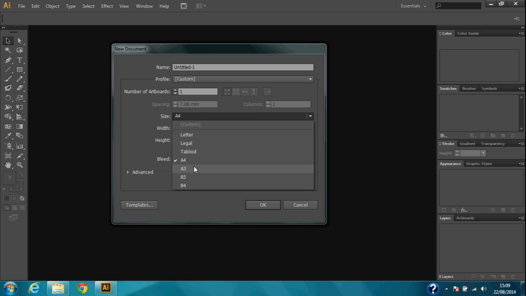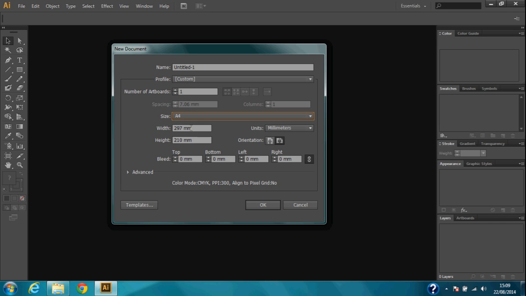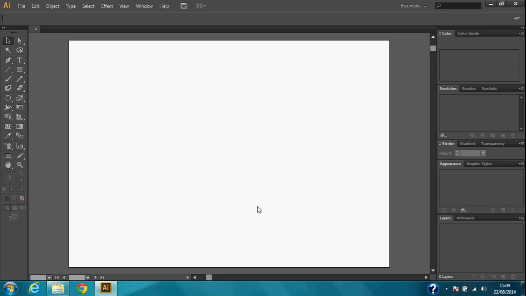If you want bigger than A3, generally you have to find the dimensions, the size of that online, and then you can type that in there if you need to. So if you want to work in A2 or A1 for a really big project, then that's what you have to do. Orientation, you've got portrait or landscape, depending on whether you want it tall and thin or wide. When I'm just designing random objects, I quite like to work in landscape. But that's my preference. Okay, so clicking OK, you can see your page appear,